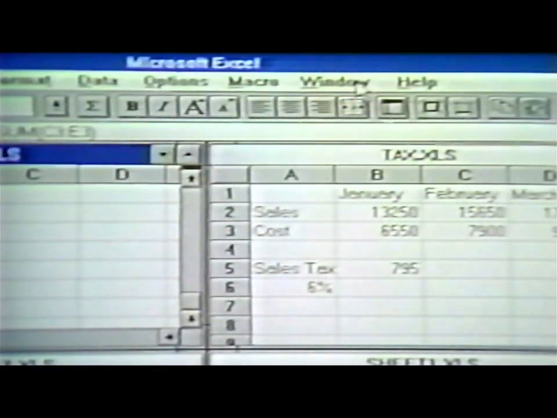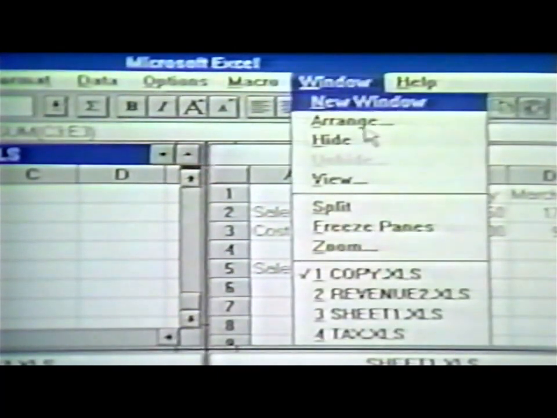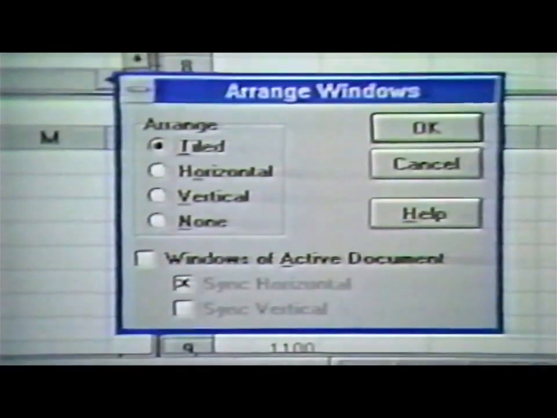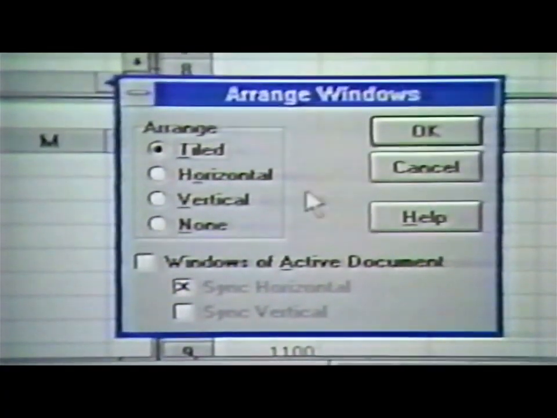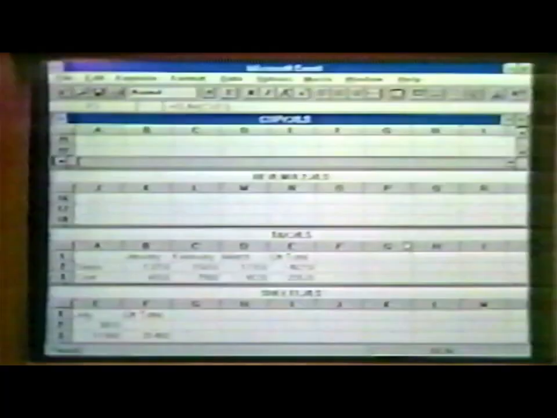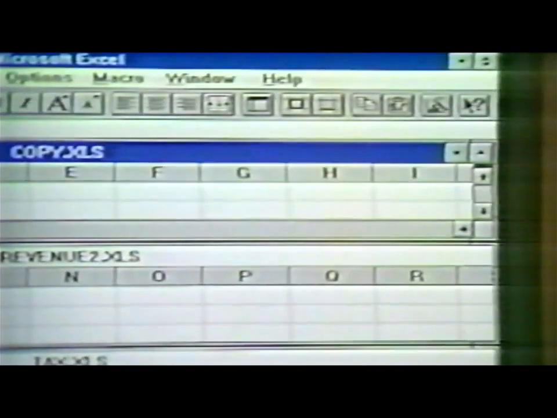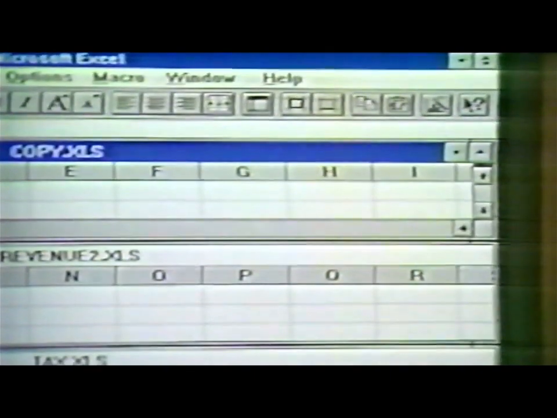We can also choose a different arrangement of windows on the screen. Let's choose Arrange again. This time, let's choose Horizontal. Click OK. Now this arranges the four worksheets in a horizontal format across the screen, one above the other. To go back to the full-size view of each window, go to any one of the